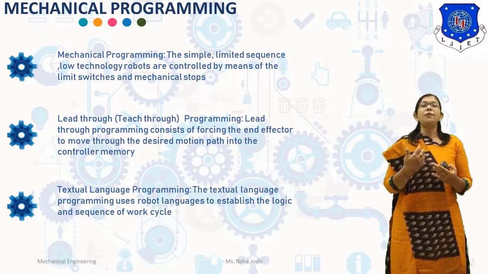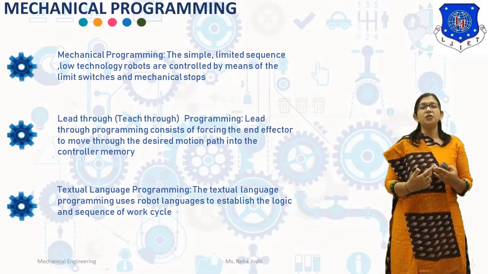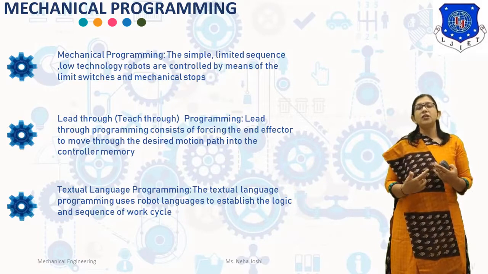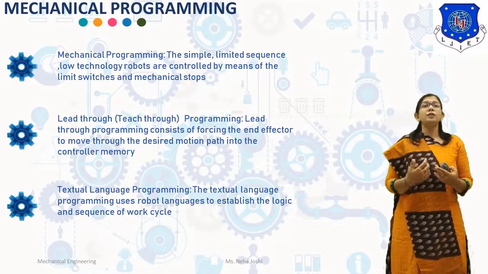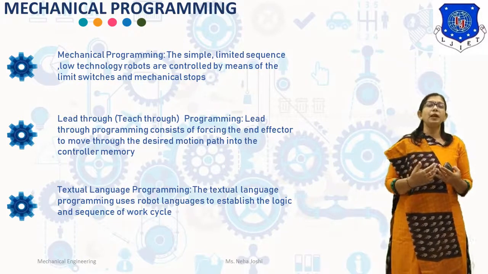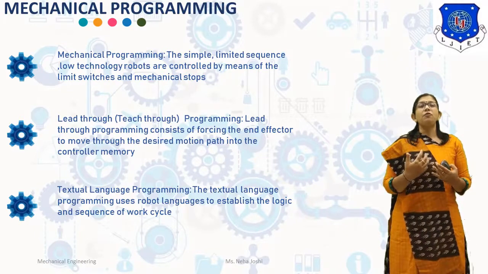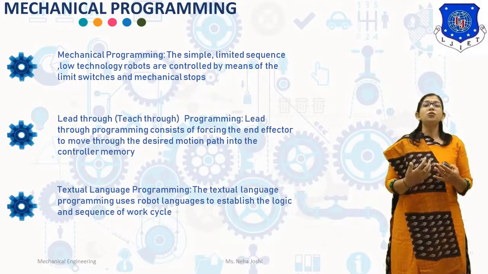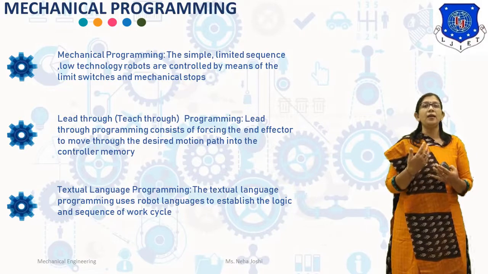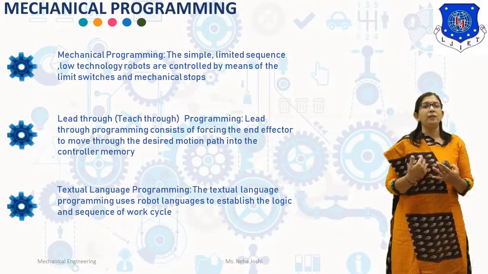The robot language permits the use of detailed logic flows, subroutines, calculation, and communications with the sensors for decision making. Now, the types of these robot programming languages are first generation languages, second generation languages, and future generation languages. The first actual robot programming language, known as WAVE, was developed by the Stanford Artificial Intelligence Lab in 1973. The subsequent textual robot programming languages are AL, VAL, AML, MCL, RAIL, HAL, RPL, PAL, and ADA.